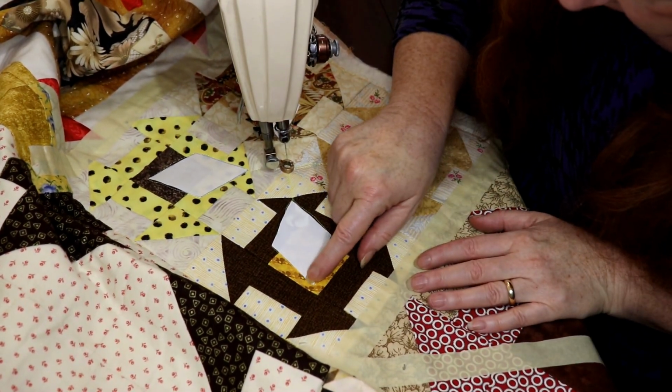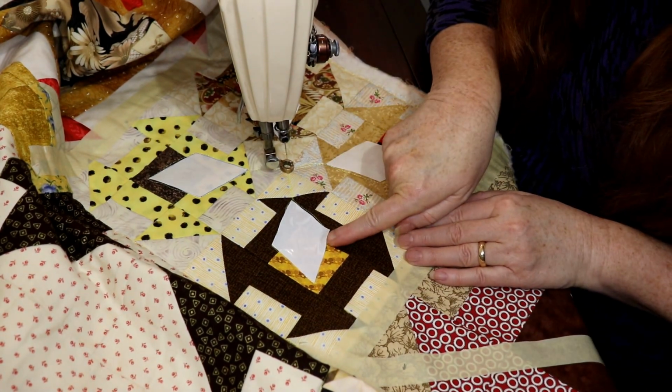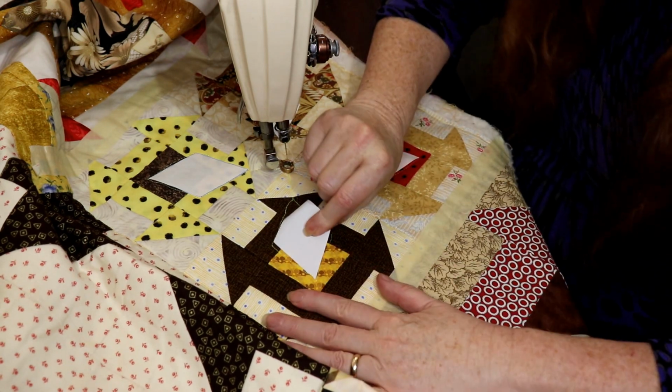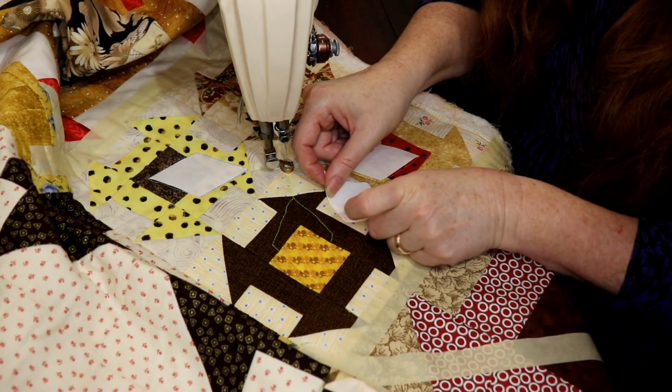So I caught it right here where I put a little bit of thread right on the contact paper, but you put your finger under it and you just pull it off. Gently pull it off and we're done. So now I'm going to make another